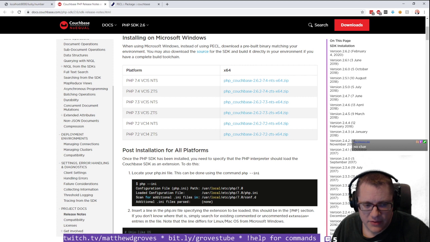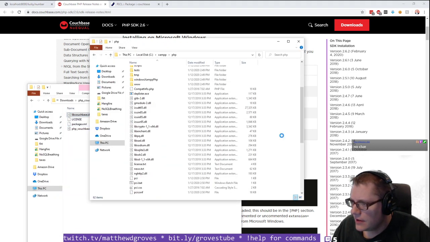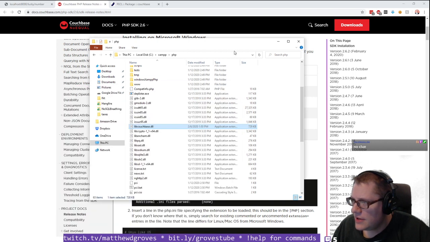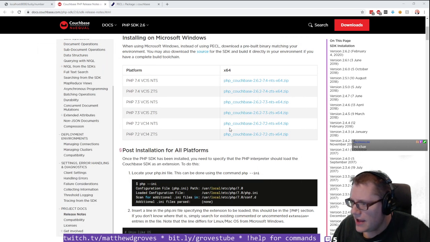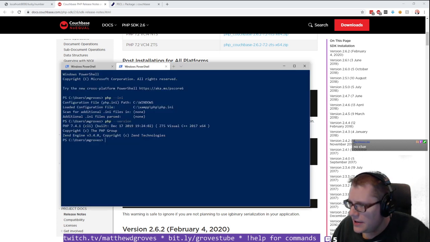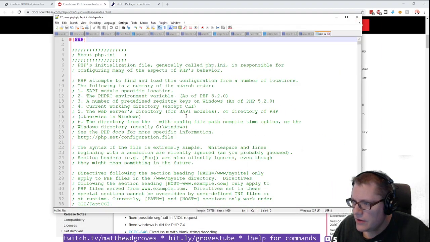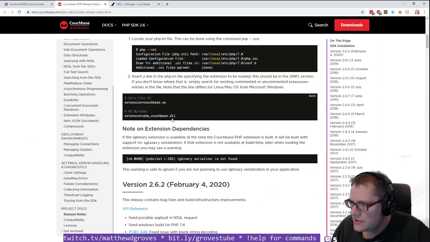Well, I'm just gonna guess and drop it right here in the root and see what happens. Okay. So next, once I've done that, I've got to edit my php.ini file, which is back there in the examp folder. There it is. And I've got to put this in here, extension equals,